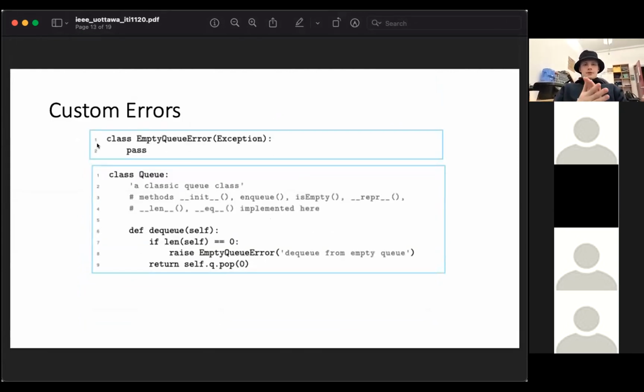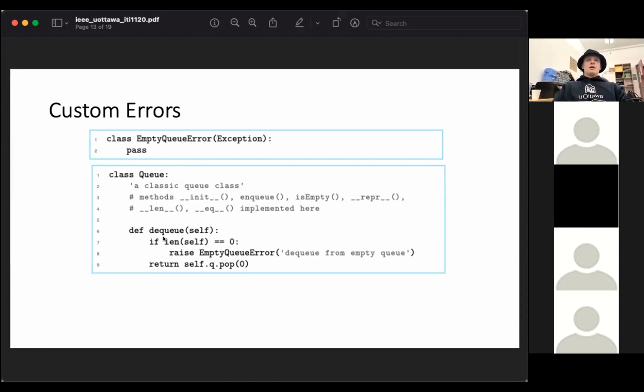Next up, after classes, we have custom errors, which are actually classes that inherit Exception. So here is an example of EmptyQueueError. This is a custom defined error. It inherits Exception. It doesn't really do anything on its own because Exception already has basically some functionality in it.